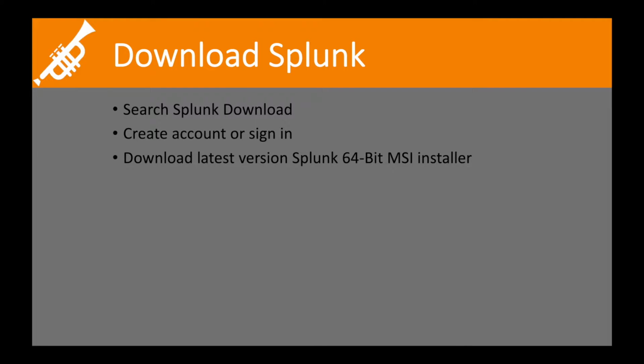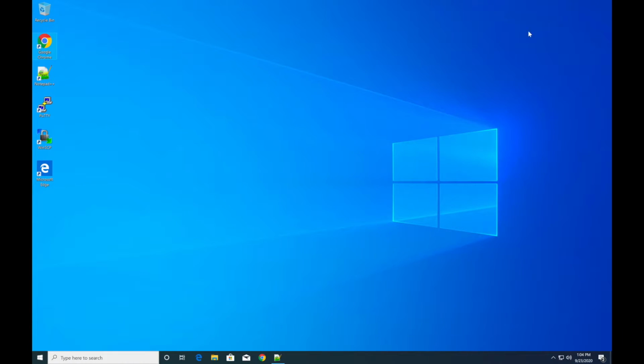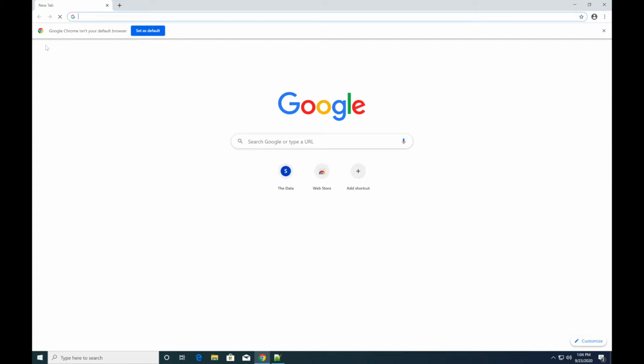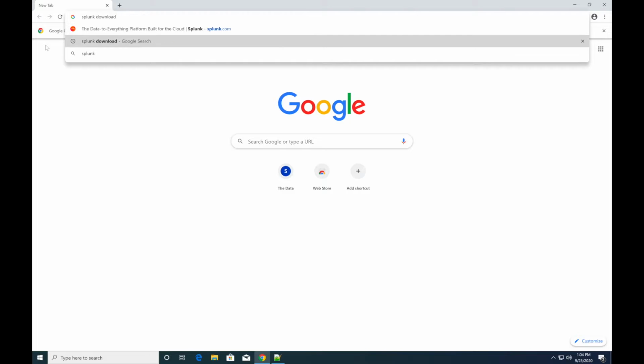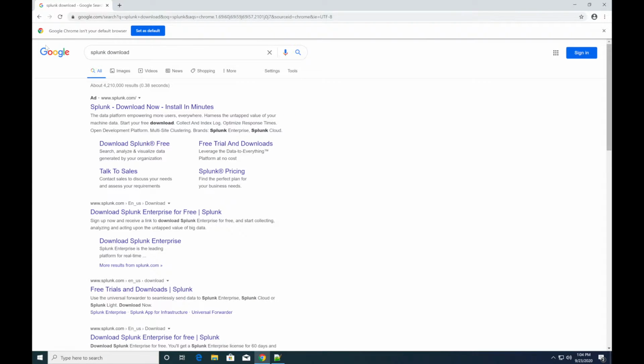Okay, step one is download Splunk. We can do this by going to their website where it's available to download for free. You will need to create an account if you don't already have one. If you have an account, just sign in. Okay, so we just search Splunk download in the browser, and then we want to find the Splunk download enterprise for free. Click on that,